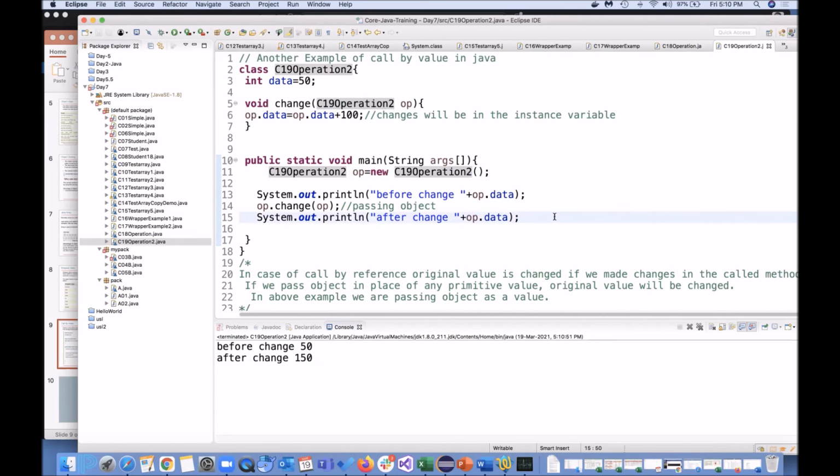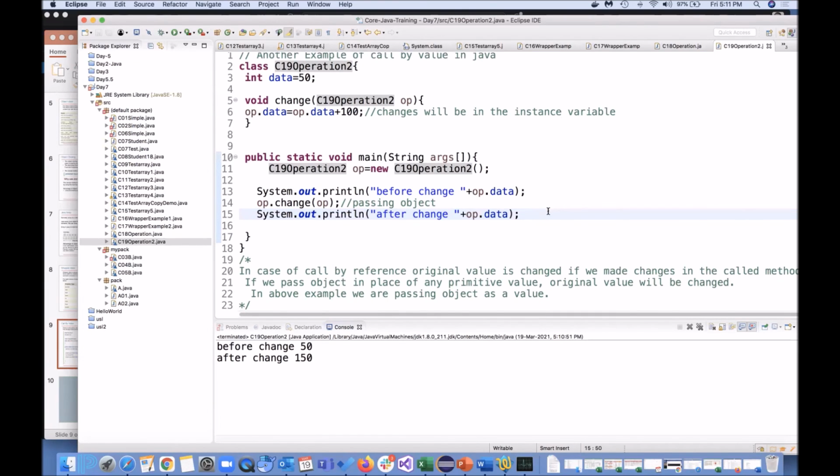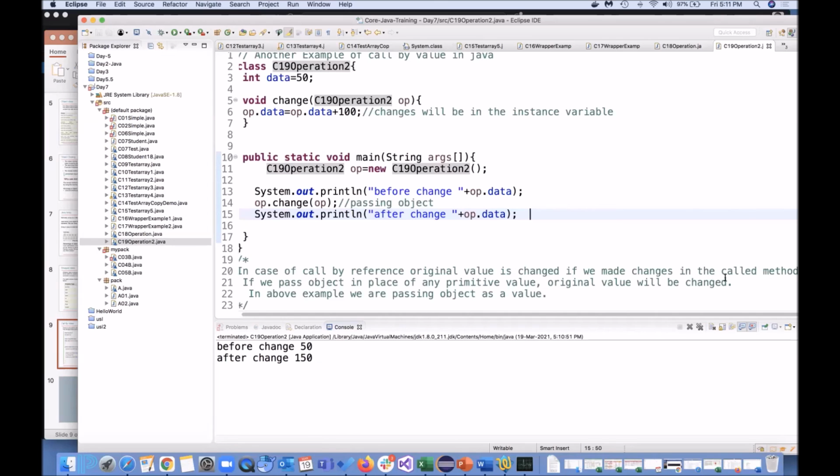Same thing. This means the object. So changes will be in the instance variable, and we don't want to do that. In case of call by reference, the original value is changed, and if we make changes in the called method,